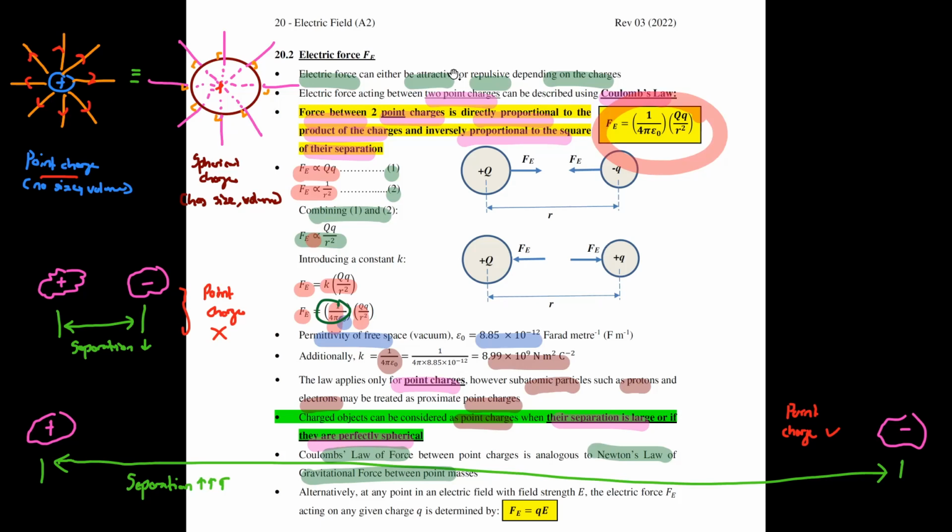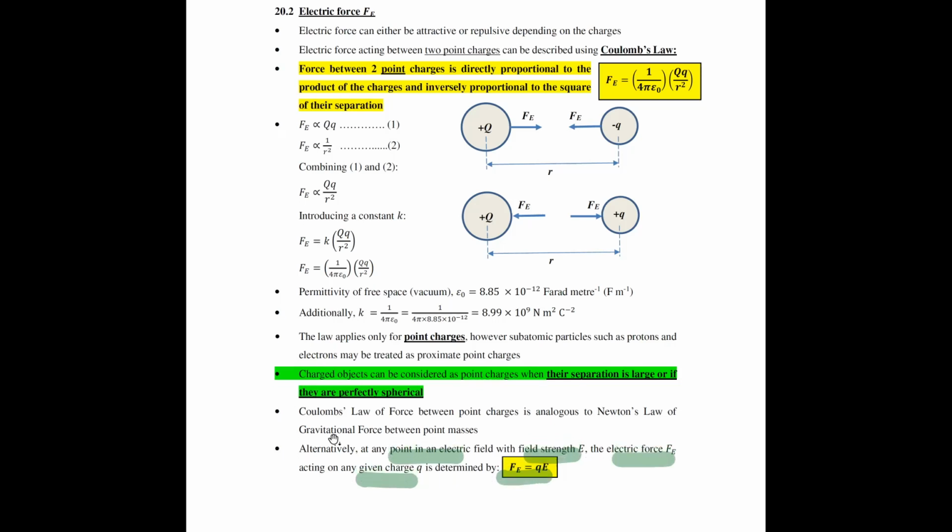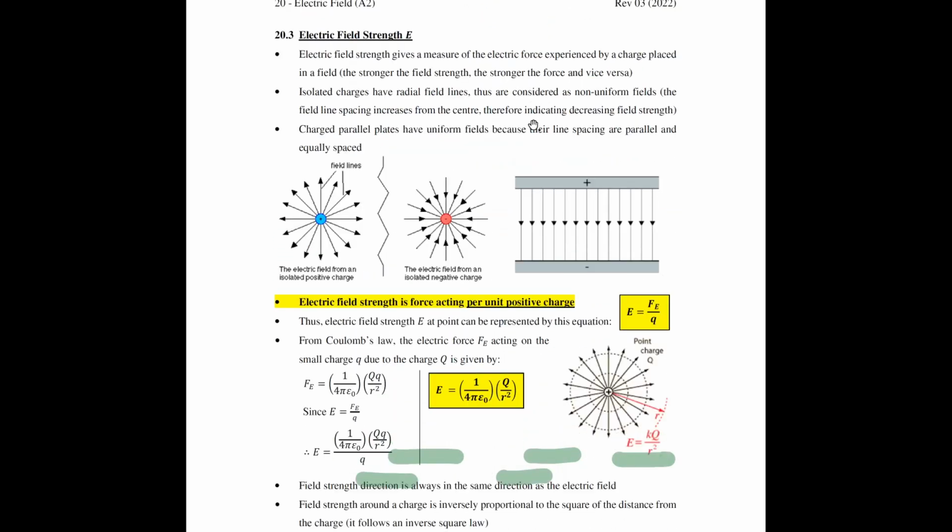Next thing I should mention is, because Coulomb's law is only applicable for point charges, what about cases where your charge is not a point charge, but you still want to calculate the force acting on that charge? There's another equation that you can use. At any point in an electric field with field strength E, the electric force acting on any given charge is determined by this: Fe equals the product of Q and E. Where did this come from? It actually comes from the next quantity that we will be learning. So if you move on to the next page,